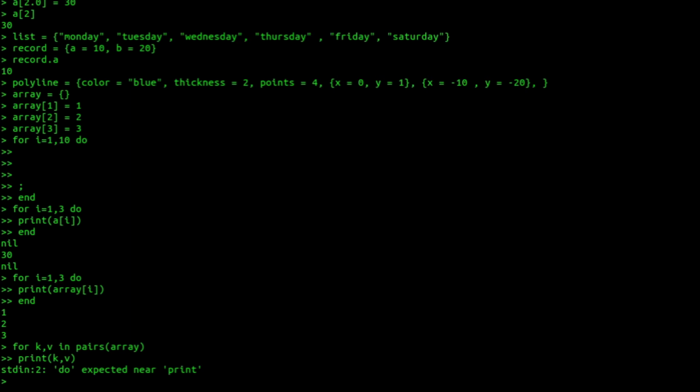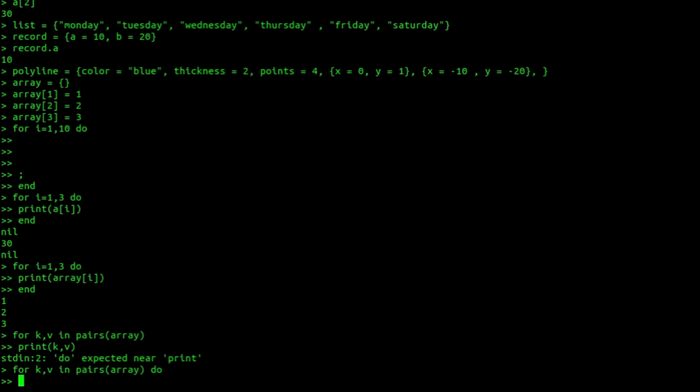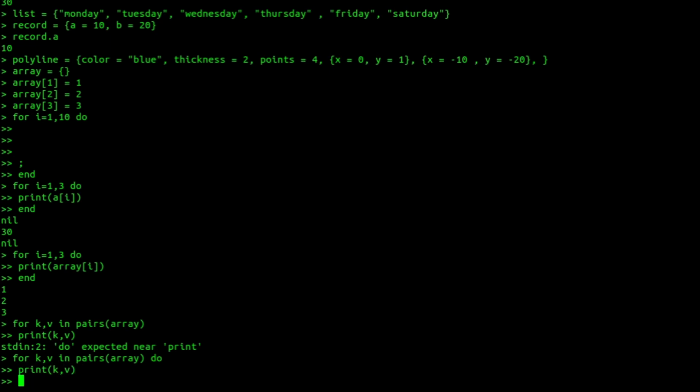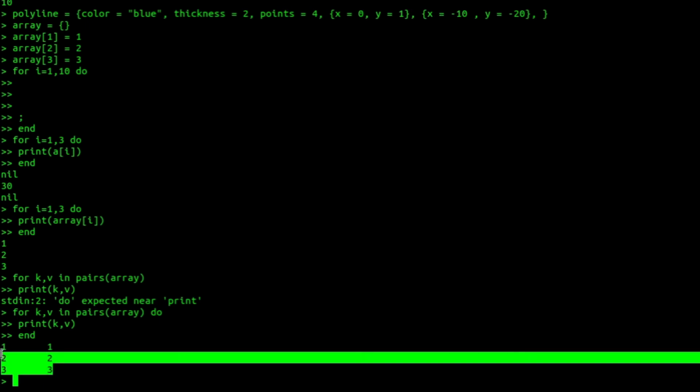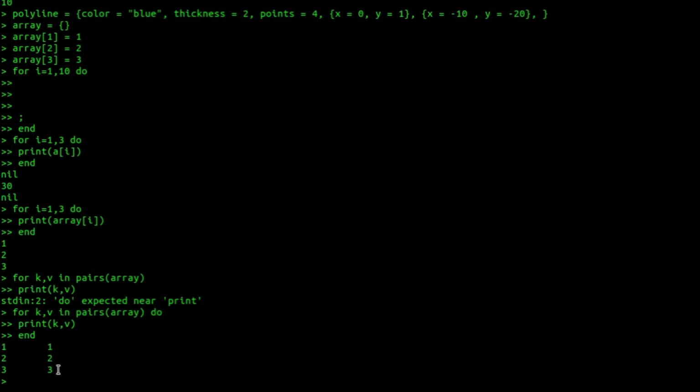Oops, do expected, sorry. For k, v in pairs(array) do print(k, v). Now if I give end and press enter, you will get the keys and values of this table.